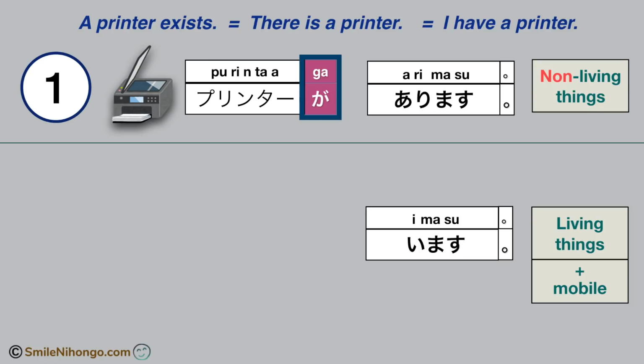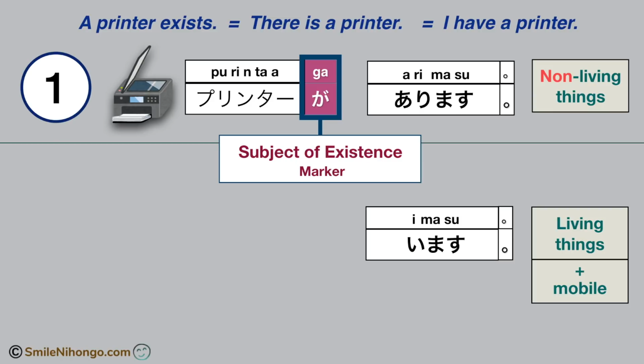This particle が, just like many other particles, has multiple functions, and this is one of the functions, to mark the subject of existence. This is the main usage of the particle が in this course. So for now, please remember が as the subject of existence marker. So there's a printer, or I have a printer in Japanese is プリンターがあります. You do the same when you use います